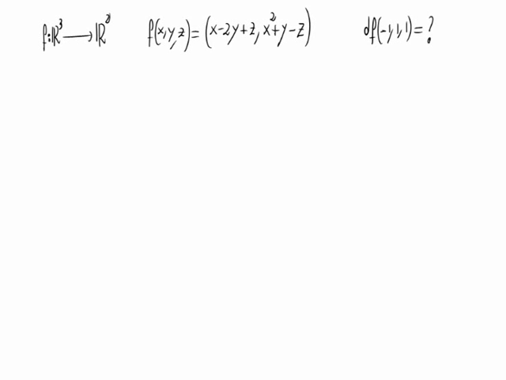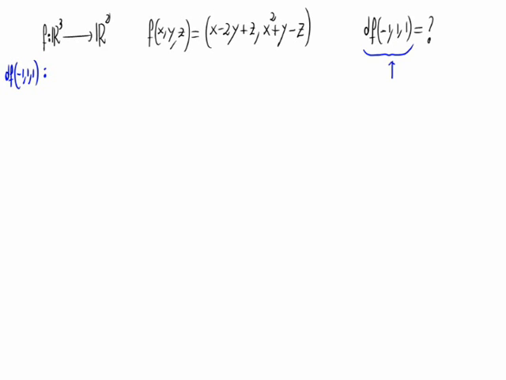We have the function f from R cubed to R squared, f of x, y, z equal to x minus 2y plus z, x squared plus y minus z. Let's calculate the differential of f in minus 1, 1, 1. As we know, the differential of f in minus 1, 1, 1 is a linear application